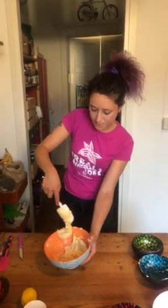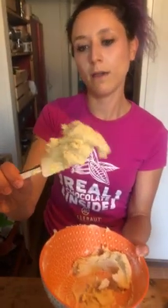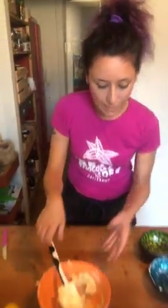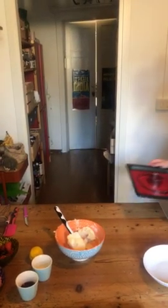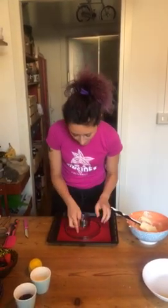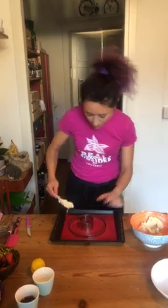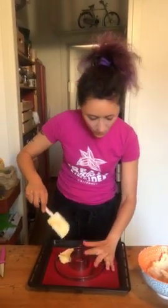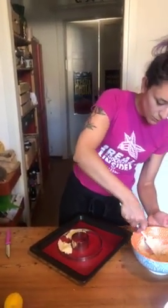Okay, so this is my sablè. This is ready. You can see it's really soft. So you don't need to let it rest. I'm just going to take my mold. I use 2 rings, okay? I don't need to put butter in the ring because it has lots of butter. And I just spread all my sablè into the rings. I want to obtain something like a donut, with the hole in the center. And during the baking, it will...